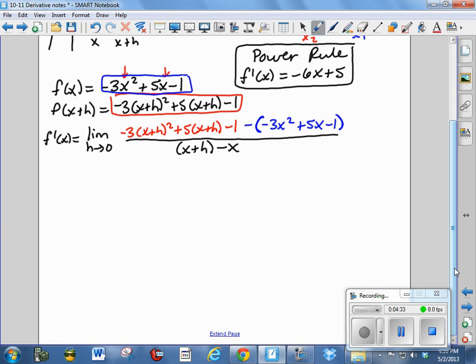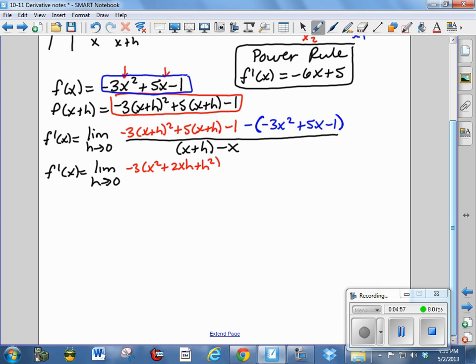Let's go on now. f prime of x is equal to the limit as h goes to 0. And now I want to do some simplifying in the numerator. So let's expand out. I'm going to have to expand (x plus h) squared, so this becomes negative 3 times x squared plus 2xh plus h squared